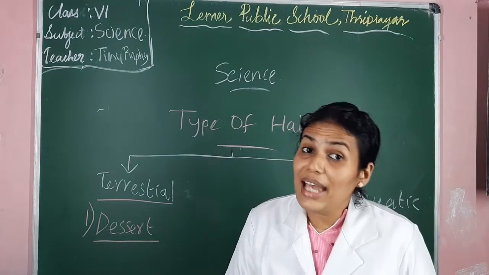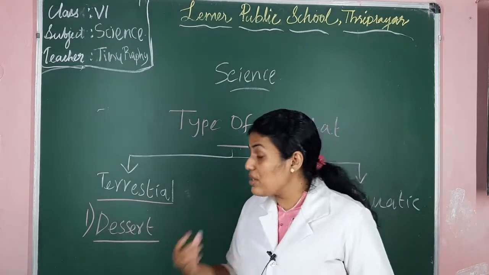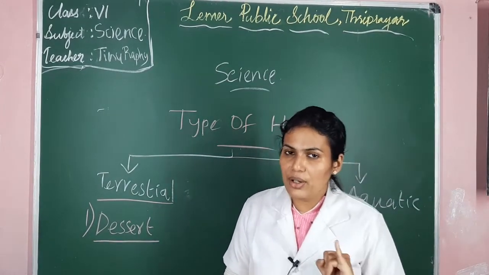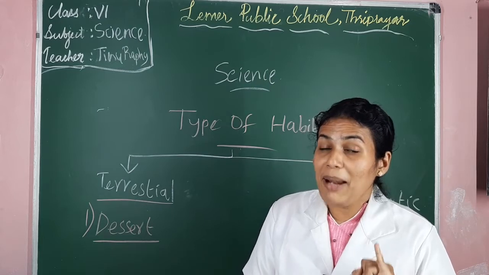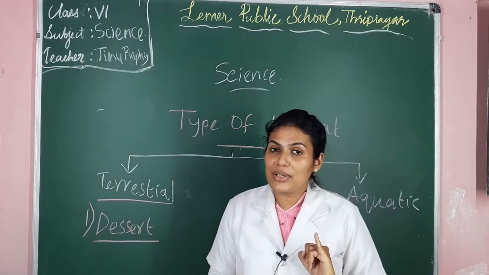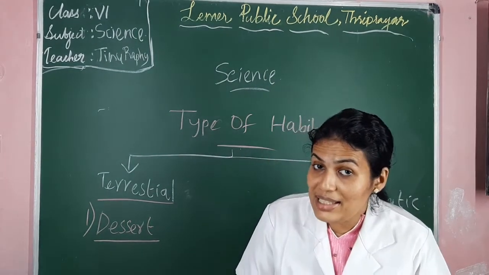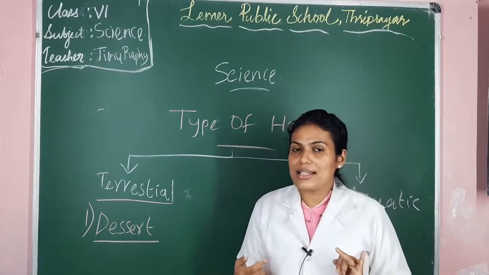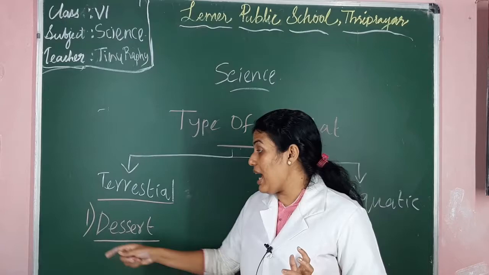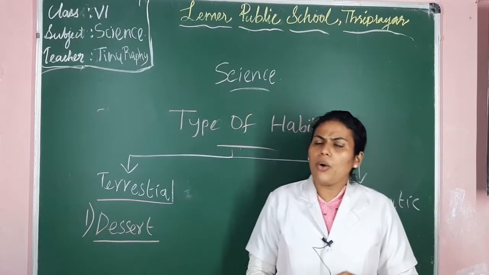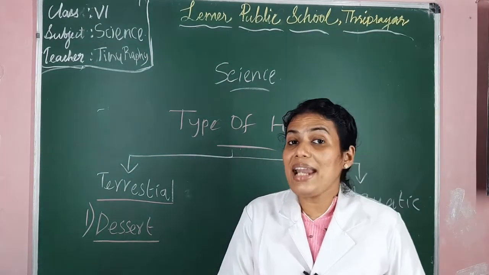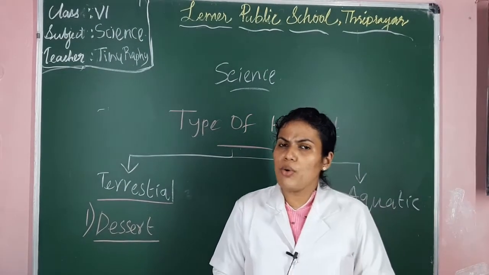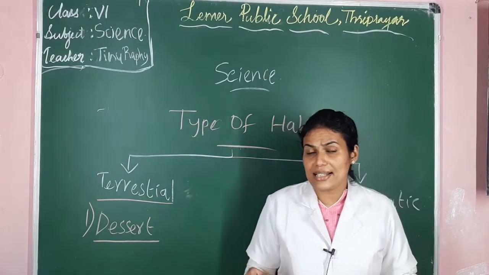Can you give me a few organisms which live in desert? Yes, camel is an organism. Very good. Now, a plant which lives in the terrestrial region? Yes, cactus is a plant, isn't it? So camel, cactus, etc. are examples of organisms that live in the desert area. Now let's learn the adaptations of the plants which live in the desert area. So most of you may have seen the cactus, isn't it?